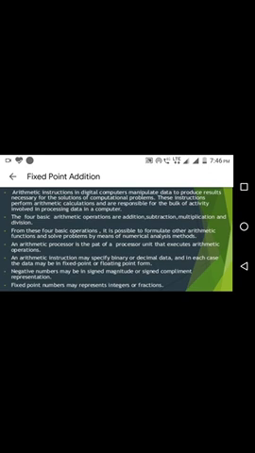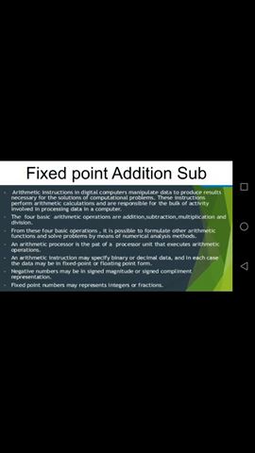So today we will discuss fixed point addition and fixed point subtraction, how it works. As we discussed earlier, fixed point addition. Before discussing fixed point addition and subtraction, let us discuss some points about fixed point numbers. As all of you know,